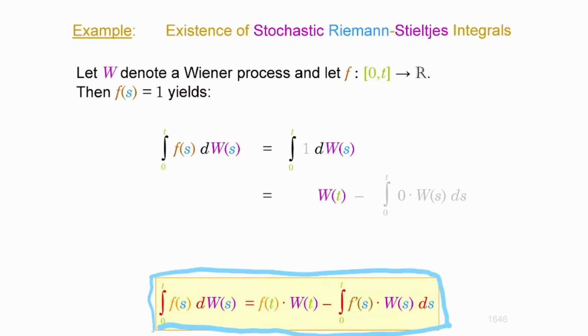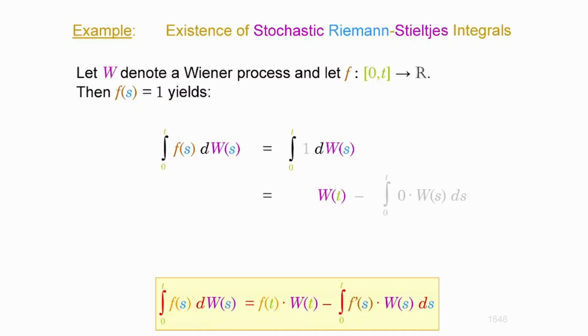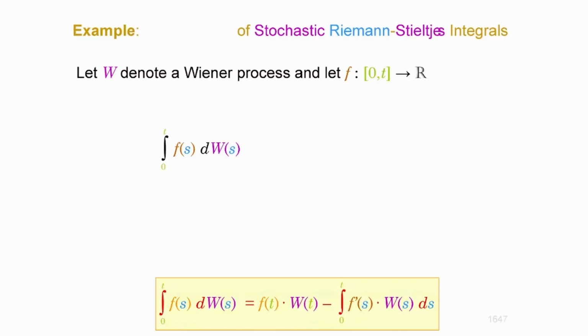Okay, so this is basically how to address stochastic Riemann-Stieltjes integrals if the Wiener process is involved, which is going to be the case. Okay, so that is going to be an exam question, something which I would look up. All right, now next I'm going to look at the moments, expectation, variance, and so forth.